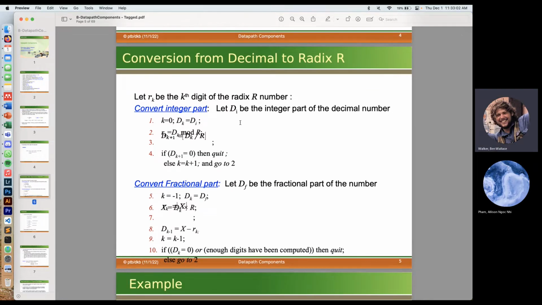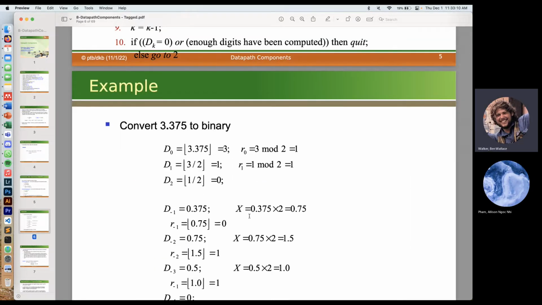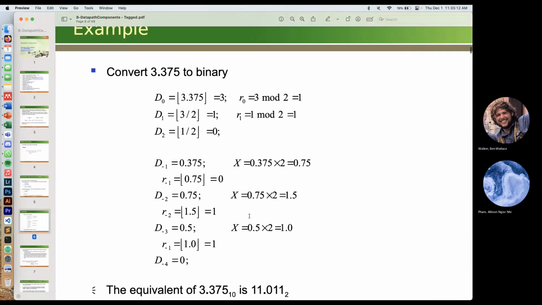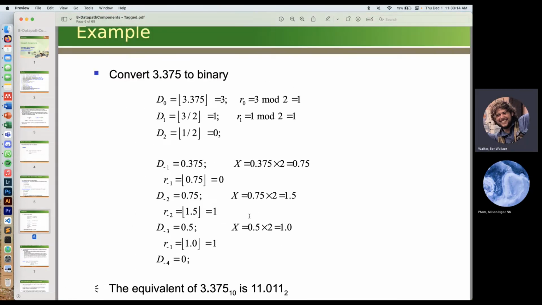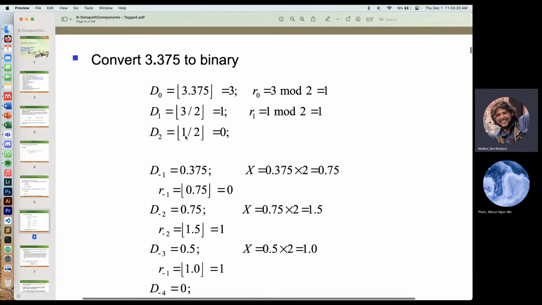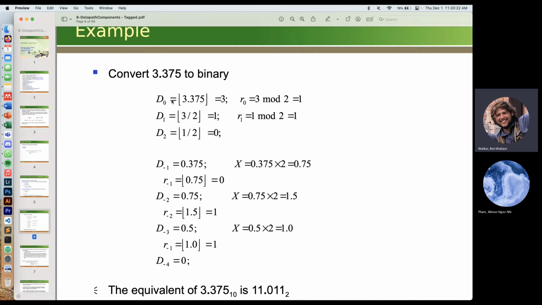These are two algorithms for converting between radix and decimal. They use successive modular arithmetic. So we can kind of look at this example here. For converting 3 3/8 into binary, what you're going to do is successive division. So first off, the question is,